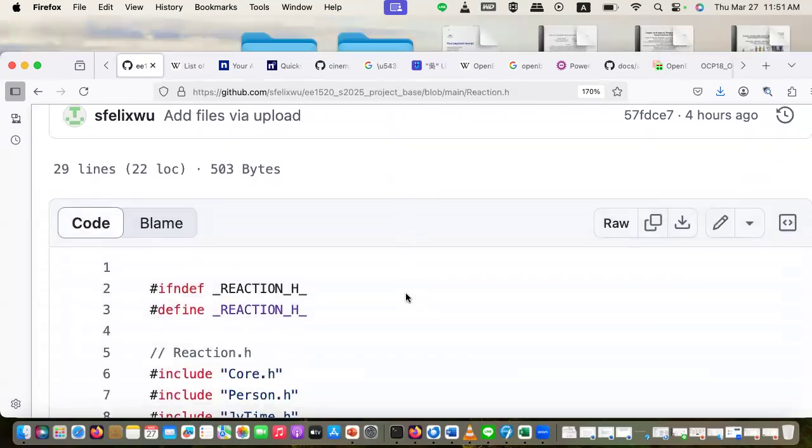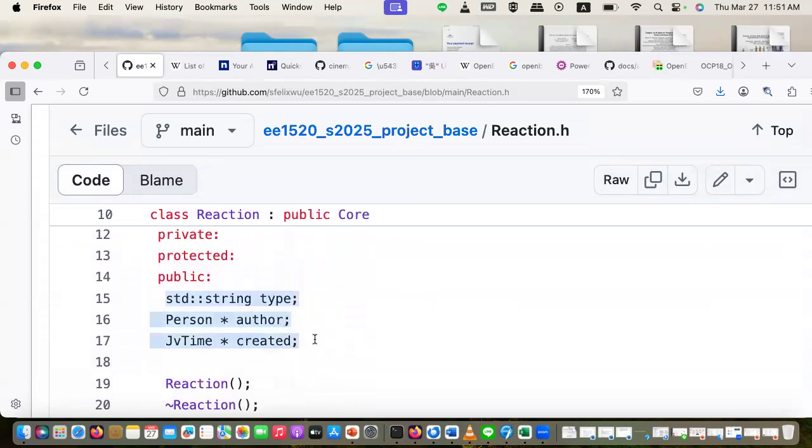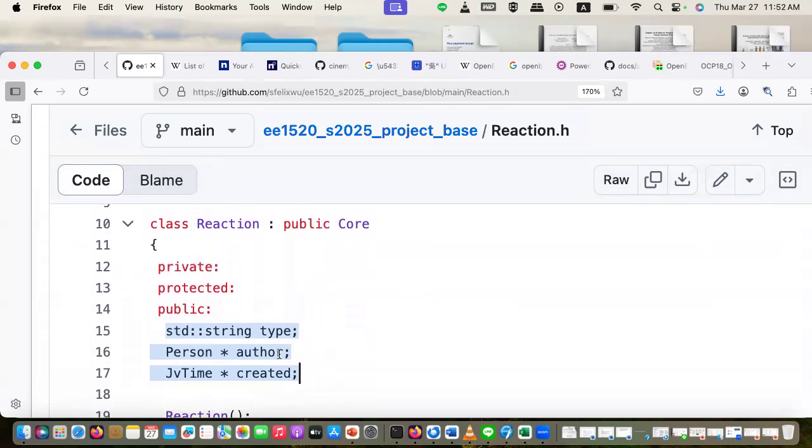If you take a look at the reaction.h, it's basically the 3 types, but I'm using pointer style. Okay, this is an interesting decision. I actually like to use pointer style representing the reaction. Let me tell you the design consideration of a reaction with a person star author. It should be from. For some reason, I put an author. It should be from, by the way. This is a flaw about this translation. But roughly, they're representing the same concept.